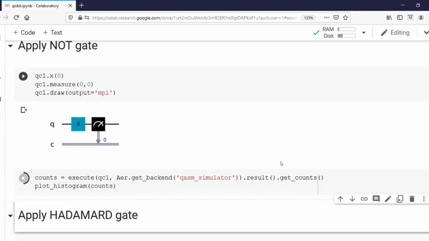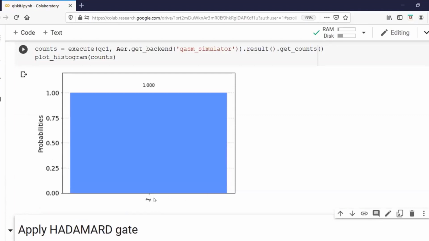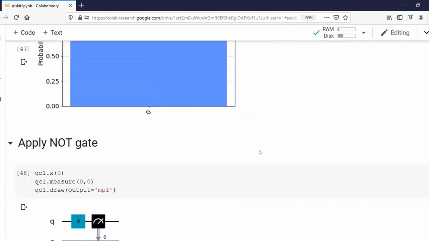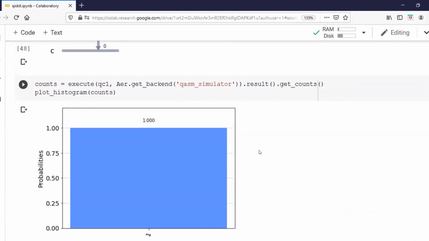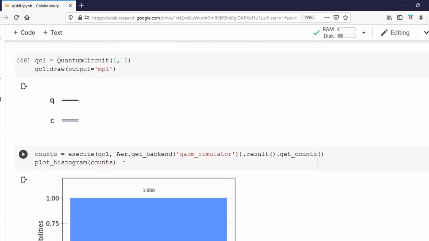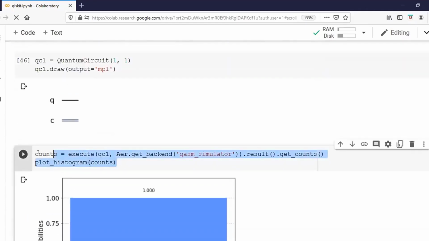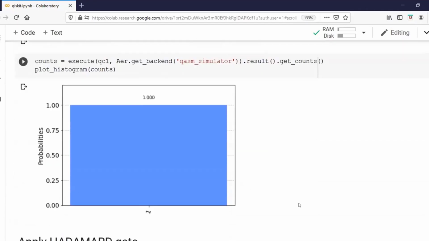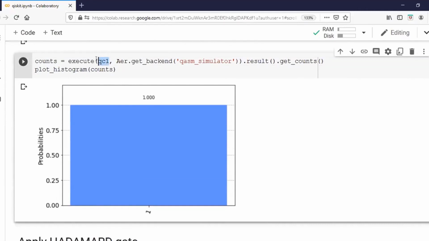Now we are going to read the output, and after the NOT gate, I have seen a 1 here. Successfully, we have implemented a NOT gate on a quantum bit. Earlier we had a 0, and executing this is very simple. You simply copy and paste this same code. This code is going to read your quantum circuit. Wherever you want to know what is happening inside it, simply copy that code and paste it here. Make sure to change the quantum circuit. If your quantum circuit name is QC2, use QC2. Now you will get a 1.